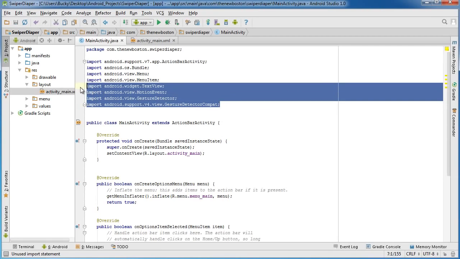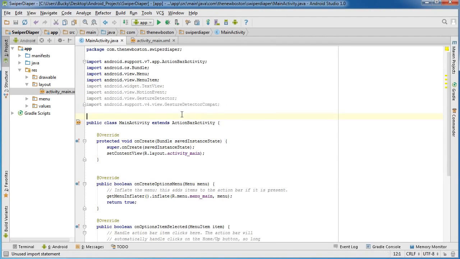Alright. So, we imported all the stuff we need. Why did we import all of that? Well, this is how you detect gestures. You're going to need to implement a couple of interfaces. These interfaces have methods inside them that are responsible for detecting gestures. You can implement them in a bunch of different ways, but we're just going to use the same class right here. So what we're going to do is implements, and the first one is